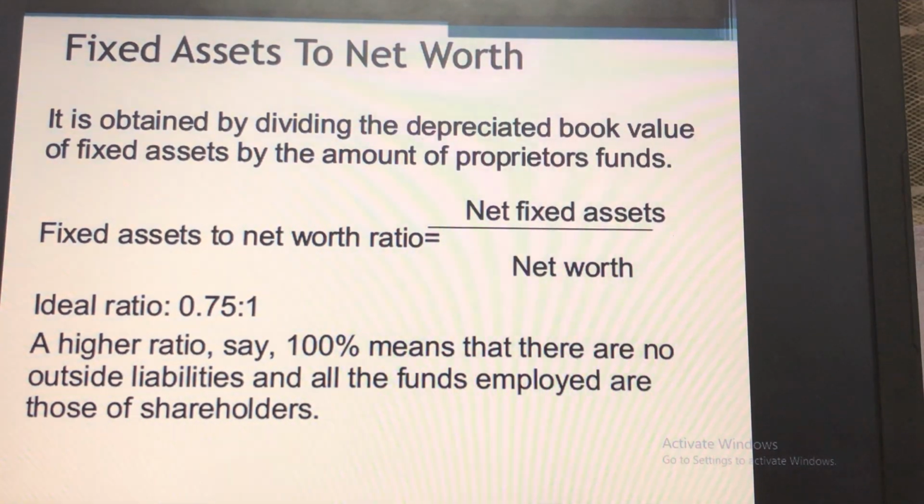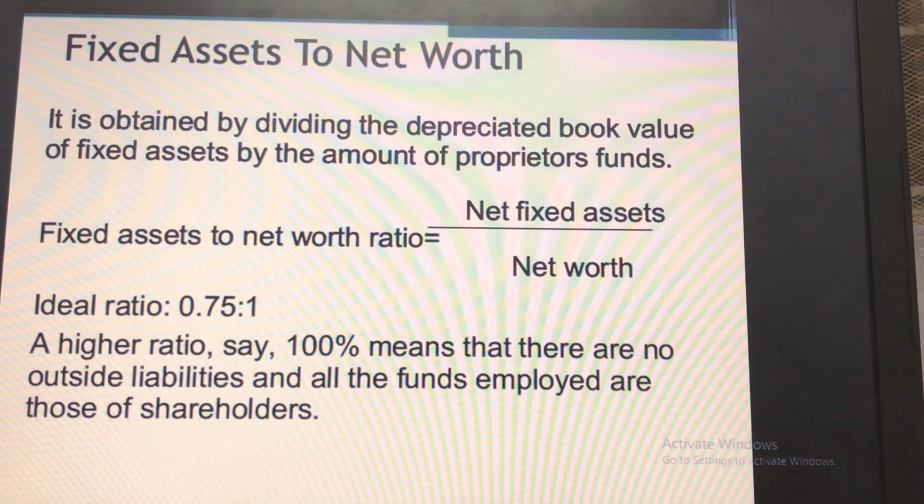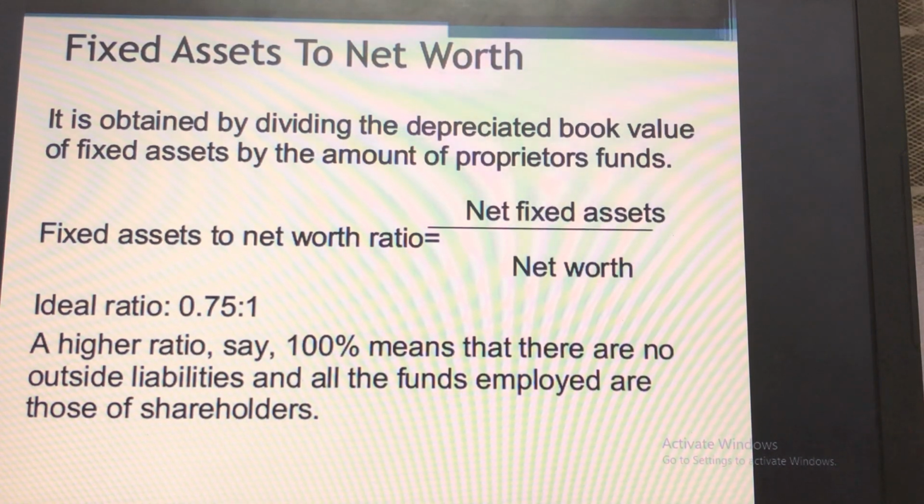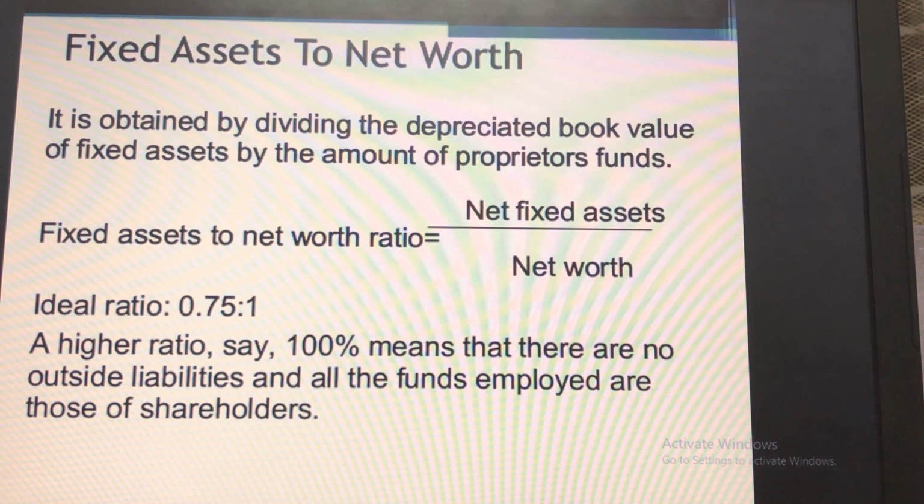Now, fixed assets to net worth. It is obtained by dividing the depreciated book value of fixed assets by the amount of proprietary funds. Fixed assets to net worth ratio is equal to net fixed assets divided by net worth. Again the formula, fixed assets to net worth ratio is equal to net fixed assets divided by net worth. In fixed assets to net worth, always the ratio is 0.75:1. A higher ratio, say 100%, means that there are no outside liabilities and all the funds employed are those